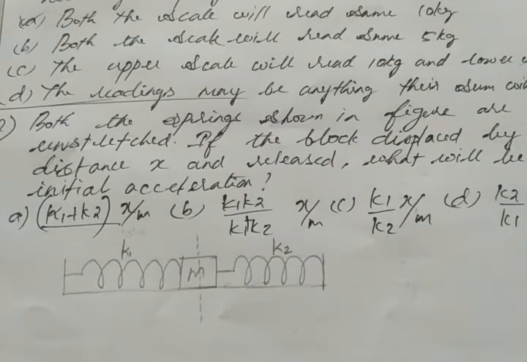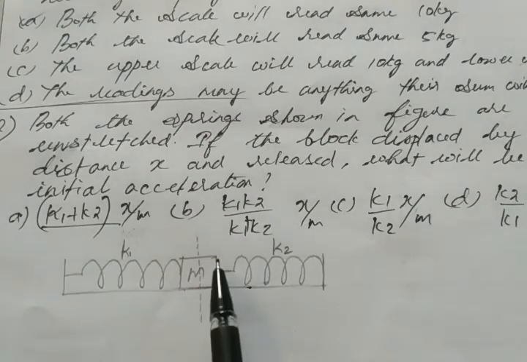So first we have to identify whether the springs are connected in series or parallel. Just think about it. What is the connection here? What is the combination here? Series combination or parallel combination? Yes. So here the combination is parallel combination. Why? Even though it seems like a series combination, the actual combination is parallel. Just think about it.